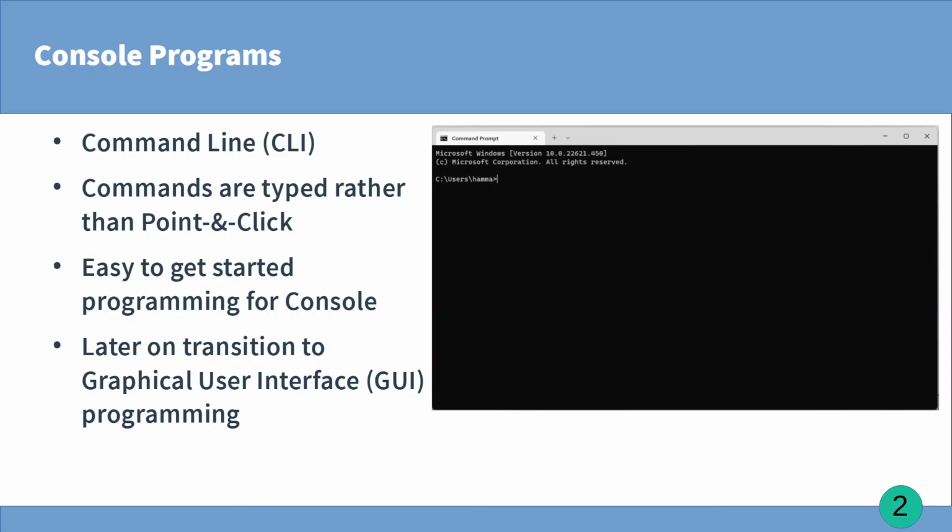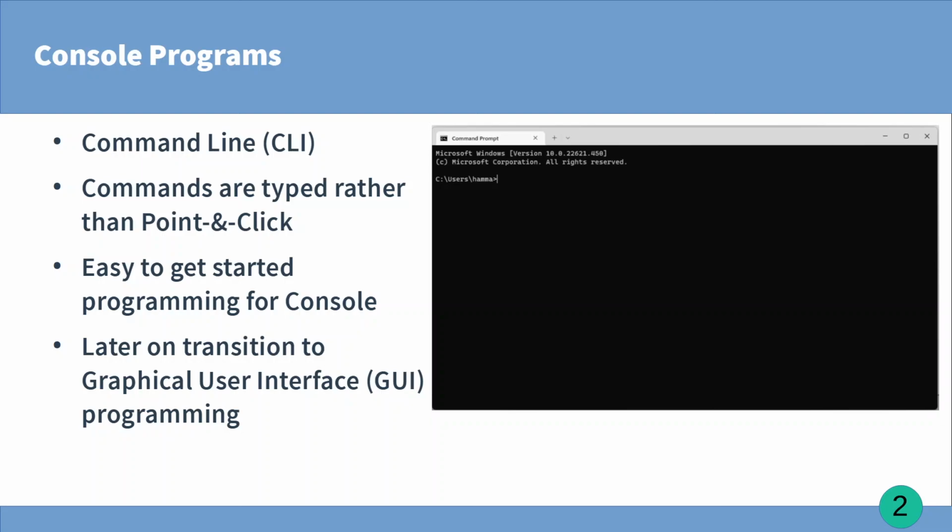We'll use the command line interface because it's easy to get started in programming using console programming. Later on, when we feel confident enough, we will move over to the graphical user interface, which is more like the Windows interface with icons and mouse and drag and drop.